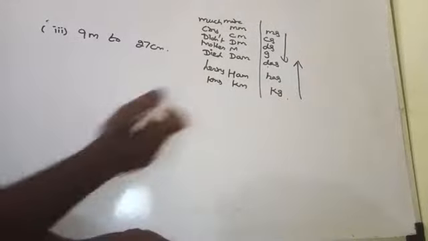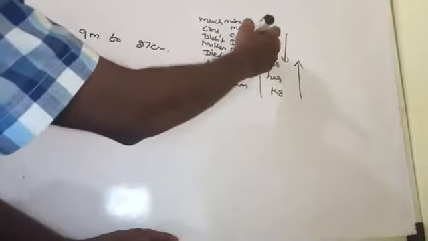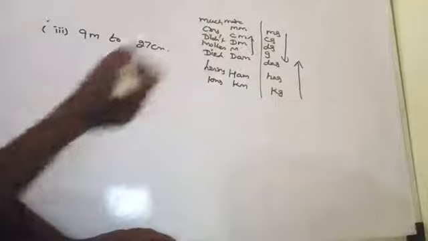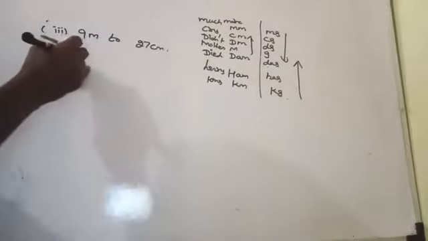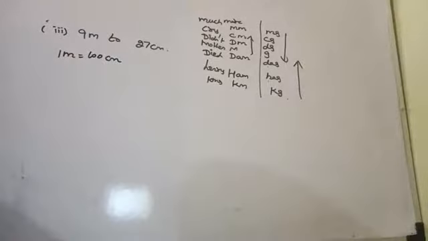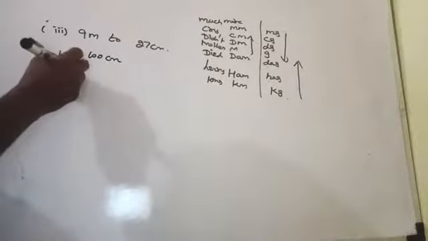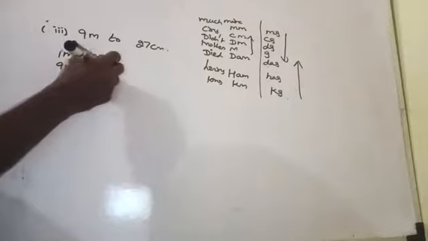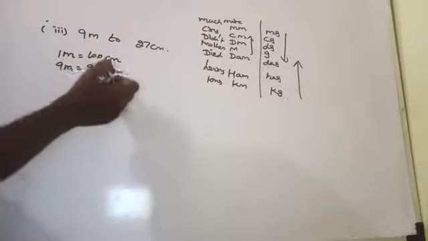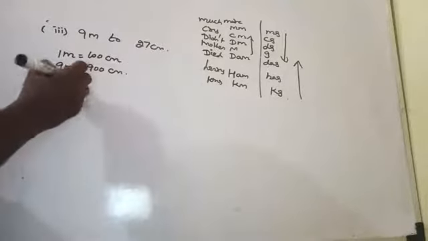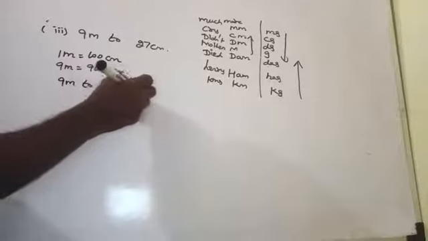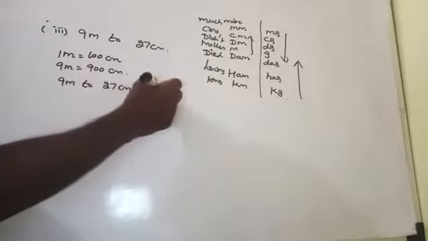Where is meter? Meter is here, centimeter is here. You are going up, so you have to multiply. Multiply by what? Here 10, here 10, 100. So 1 meter is equal to 100 centimeter. Are you getting there? Yes. After that, 9 meter is equal to 900 centimeter. Now we can compare because we have the same unit. So 9 meter to 27 centimeter can be written as 900 centimeter